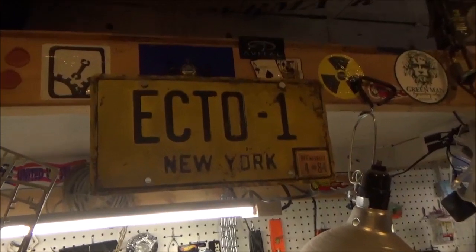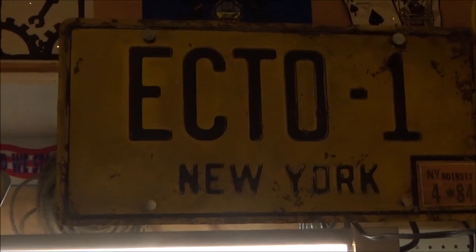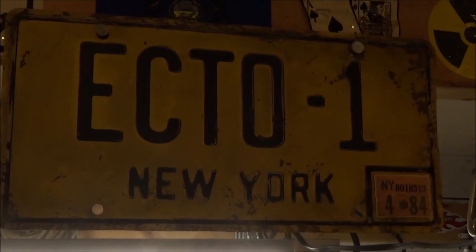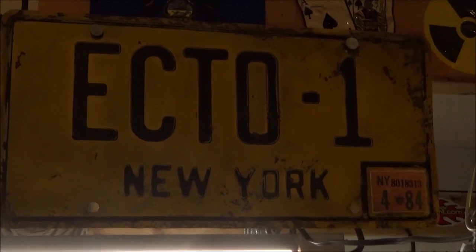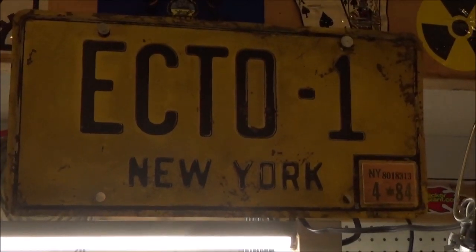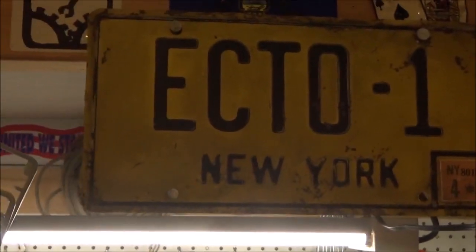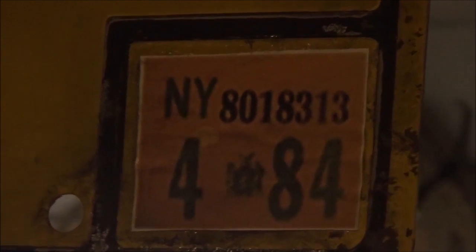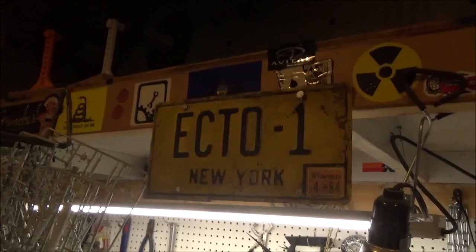There's an Ecto 1. This is a weathered Ecto 1 plate that I got from the Ecto 1 Eagle Moss I'm building, but I haven't touched it yet. I just have all the parts building up in a big box, so I'm going to actually start that. But I got the plate, and I had weathered it and beat it up, and it was brand new when I got it, kind of. And then I got a registration sticker online, and I printed it and put it on here. So that's attached